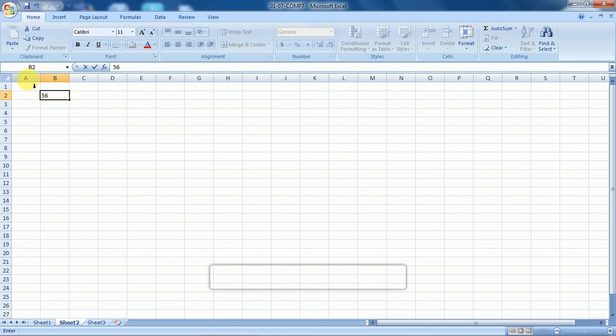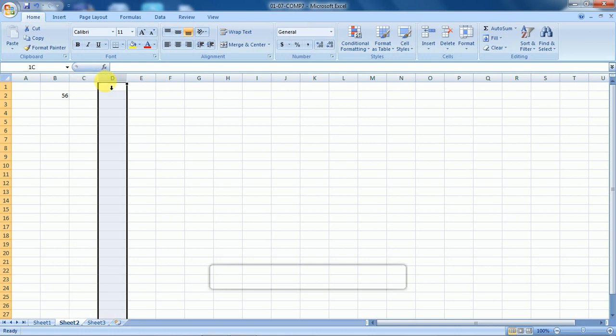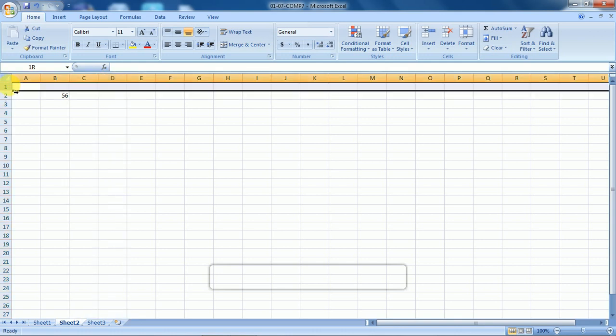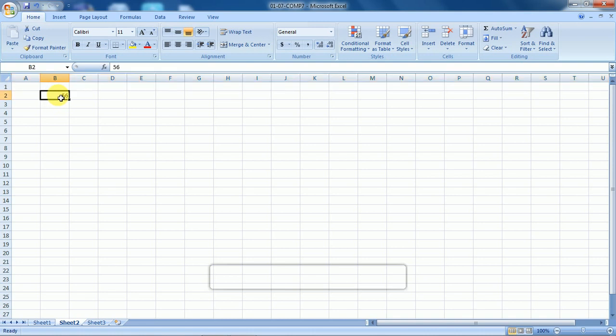And here we can see many vertical sections. They are called columns: A, B, C, D. These are the columns. And here we can see different rows: row 1, 2, 3, up to more than 10 lakh rows are there, and more than 16,000 columns are there. And we know that when you just click the cell, we can see it is made up of column B and row number 2. So the address of the cell is B2.